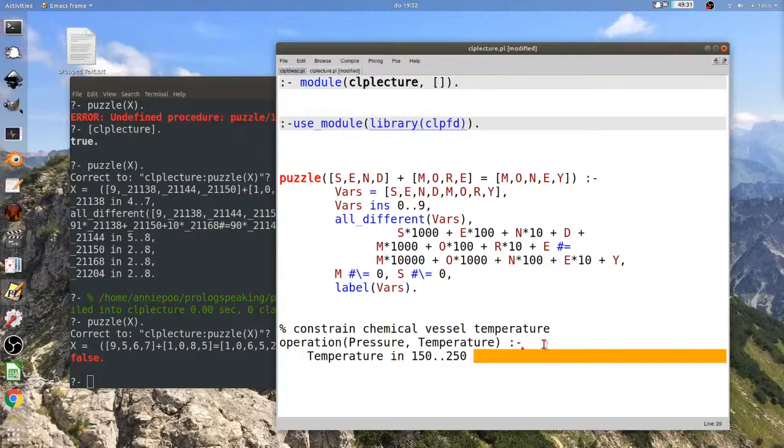Yes. No, it would not, because that implies that you're simply going to demand that the pressure be less than 100 and the temperature in 150 to 250.